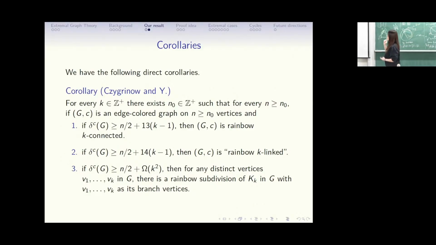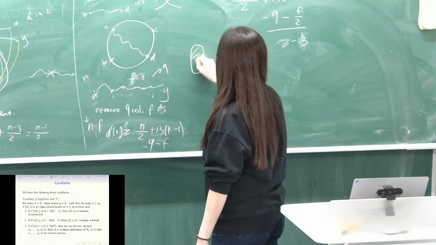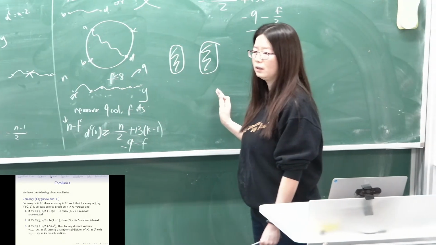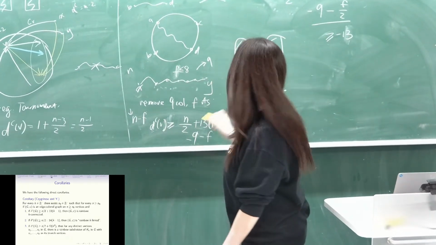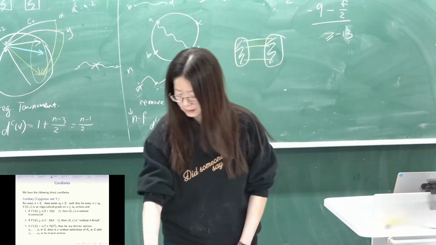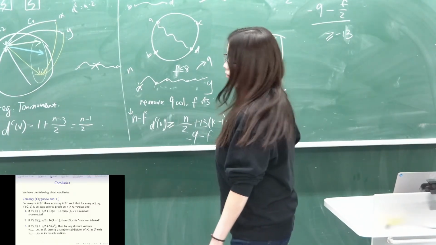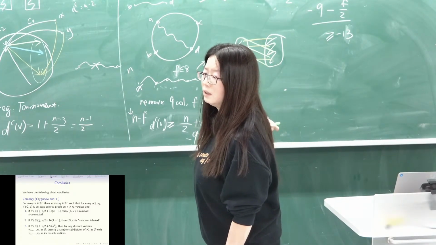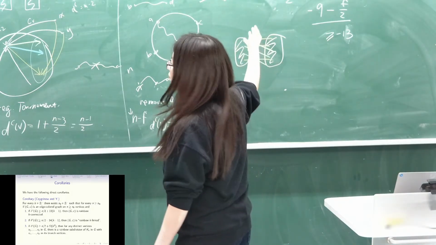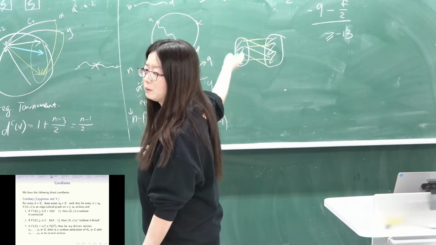From the method, I cannot tell you if this is optimal, but on the other hand, this might be correct, because if you look at this, if we have two complete graphs of half of n, plus a perfect matching of yellow, plus a perfect matching of green, plus k minus 2 perfect matchings, sorry, plus k minus 1 perfect matchings.